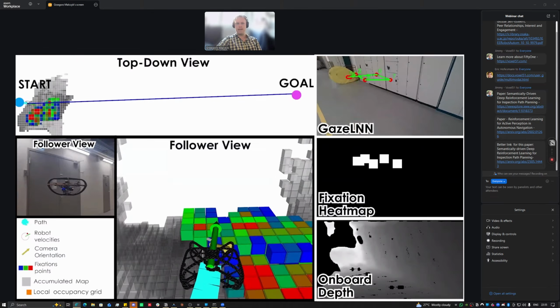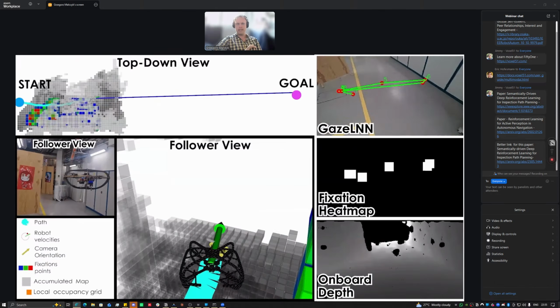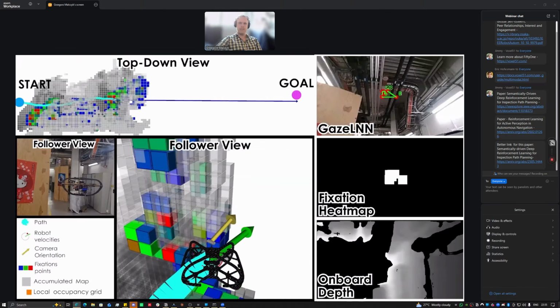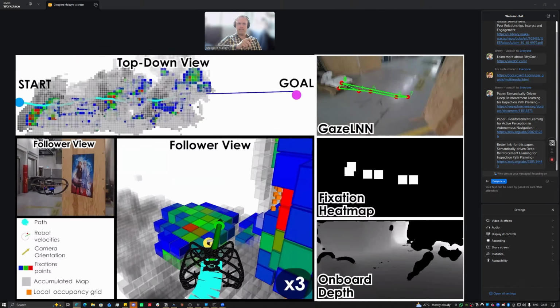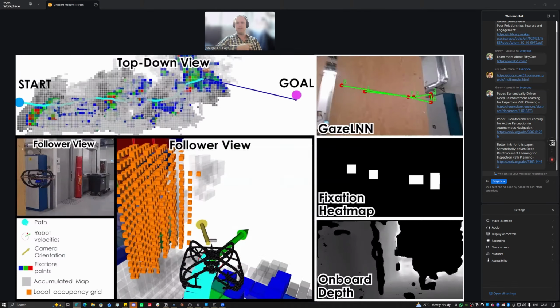So we mark here with colored voxels, like green, blue, and red, the regions that the gaze LNN produces. And we clearly see that there are regions within the environment that